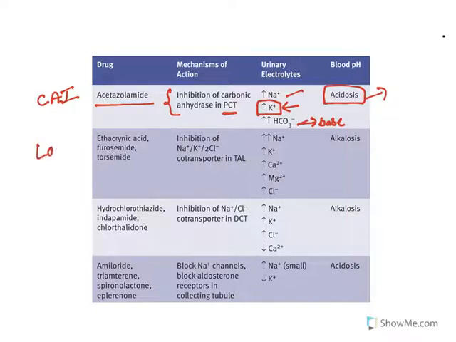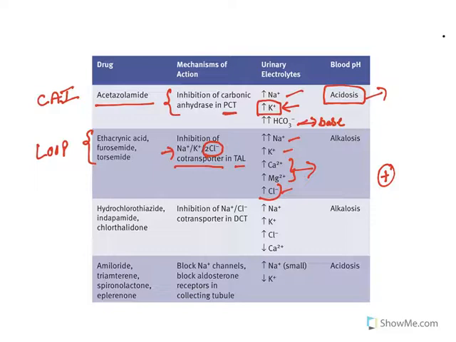Next class, loop diuretics. In loop diuretics, the important drugs are ethacrynic acid, furosemide, torsemide. They inhibit the sodium, potassium, 2-chloride co-transporter or symporter in the thick ascending loop. They cause sodium, potassium and chloride loss. Now along with that, calcium and magnesium excretion also occurs. Why it occurs is, see, 2 of the chlorides will be going through the lumen. So what happens is when they are going out of the body, they increase positive potential of the lumen, and that is what causes calcium and magnesium excretion too.